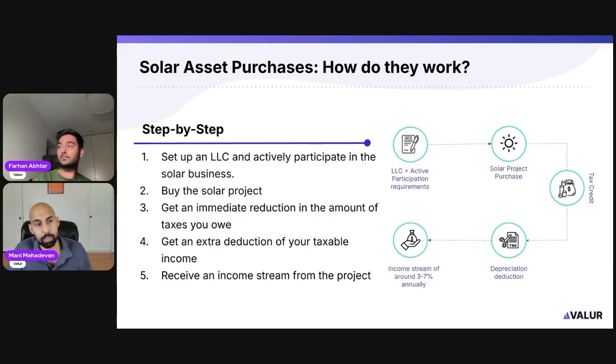Let's go to what does this process look like? A key piece about this is the assumption is that you're trying to offset active income. So Farhan, do you want to walk through what does this look like step by step? Yeah. So assuming you're active in solar, the way this whole structure works is you set up an entity,